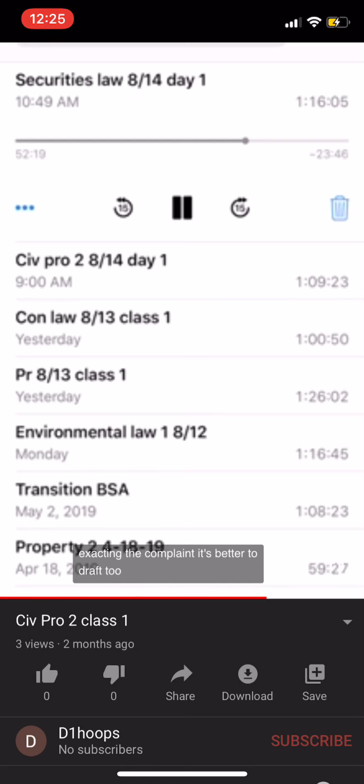When you're drafting a complaint, it's better to draft too much than too little, because the defendant will tell you if you're wrong, and sometimes they'll tell you you're wrong even if you're not wrong. Compensatory damages is something you typically ask for. In most cases, you'll be asking for punitive damages as well. Doesn't mean you get it. Attorney's fees, also something very common to ask for. Costs, etc. Questions about any of that? No? That's the anatomy of a typical complaint. Let's skip over the other one.